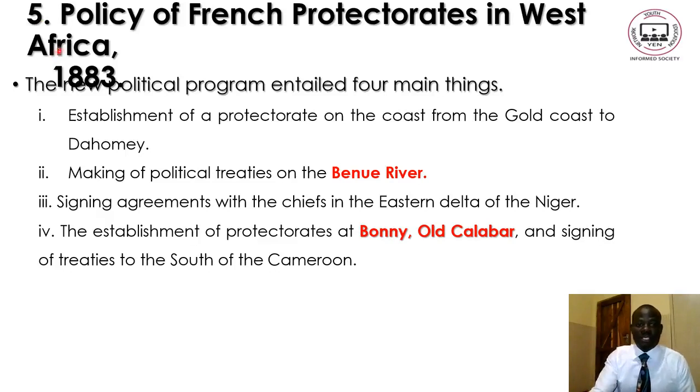Another activity was the policy of French protectorates in West Africa in 1883. The new political program entailed four main things.